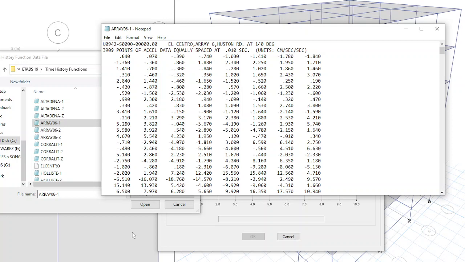It is showing some numbers in that. If you read it, it is El Centro earthquake record data, and it has 3909 points of acceleration data. In the second row it is mentioned: 3909 points of acceleration data.